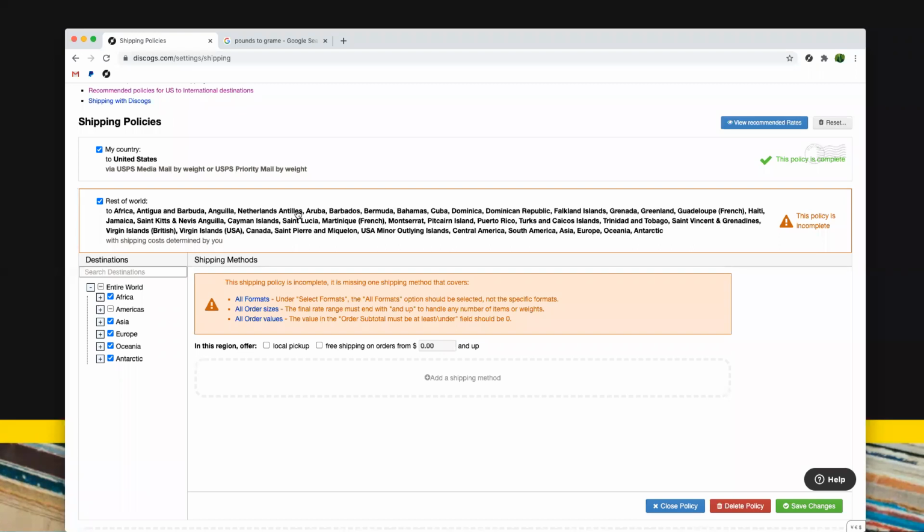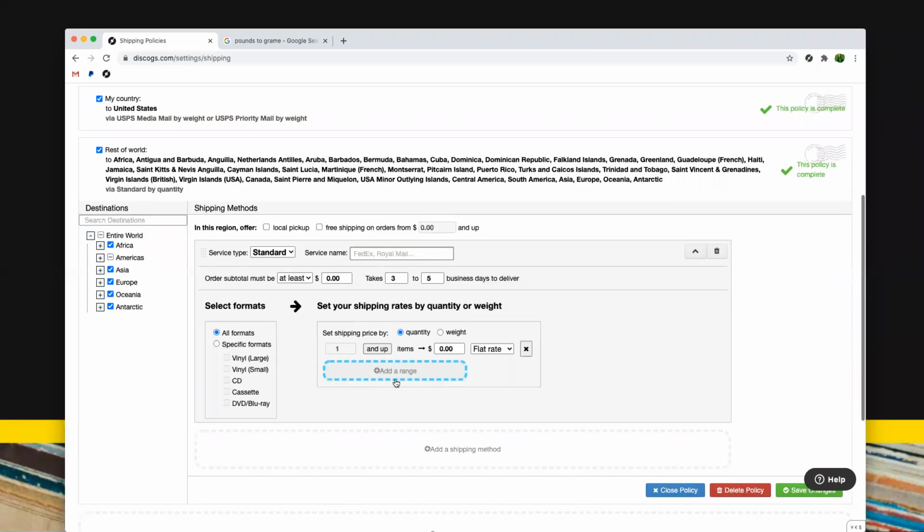And again, I'm doing rest of world here to simplify the webinar, but the sellers whom I took these policies from have it set up this way as well. So I know that these prices are accurate per their shipping policy. I just want to make it clear that you have control to isolate certain territories if you feel it necessary. Okay, so again, we're doing rest of world weight-based policy, and I'm doing my all formats blanket policy, and this is going to be first class